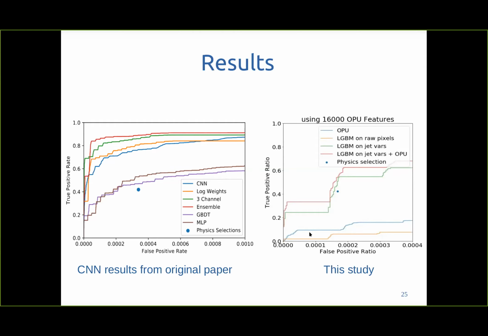We don't aim, once again, and that's really the message, to fight with the best results, but to see if, really fast and with a low number of samples, we can achieve some results. So in this case, the BDT on raw pixels was not good. The pure OPU was not good either. It was well below the physics selection. We made a small BDT on classical jet variables. It's better than the physics selection. It kind of reproduces what we had on the left plot.